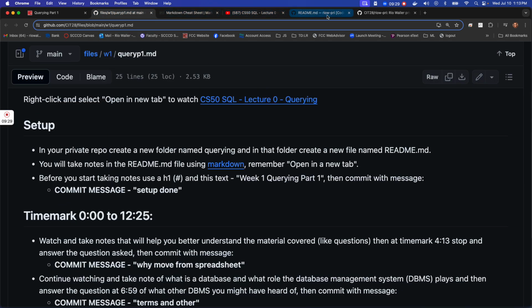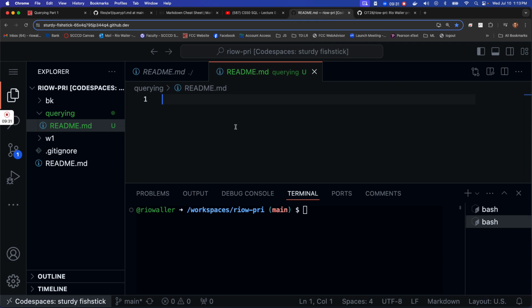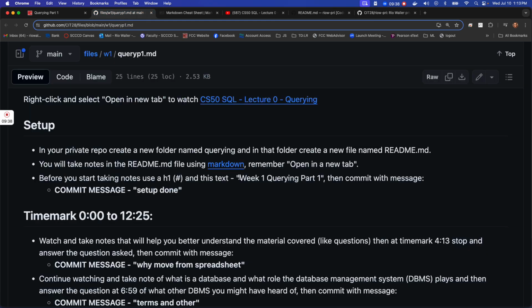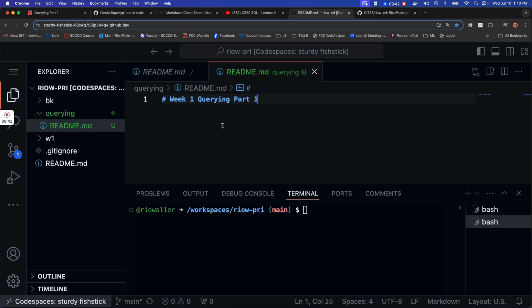So now I'm going to move over to where I created my README file, and then I'm going to put pound, which is going to give me my H1. And if I don't remember the content, I can just go, right, copy that. Cool. So that's great. So now I've added some